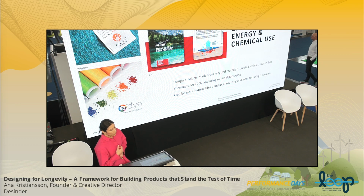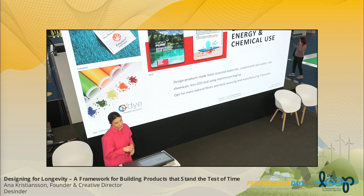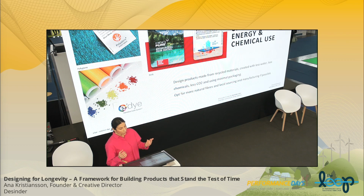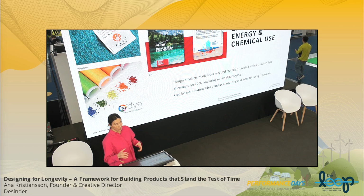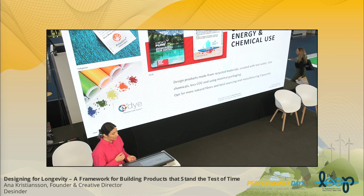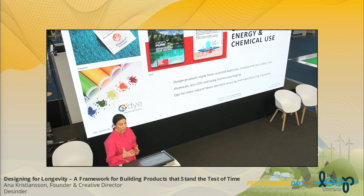Design for minimal water, energy, and chemical use. And here we're talking about trying to, first of all, wash products less if that's possible, but also, of course, in the pre-phase of a person using the product. So we're looking at recycled materials created, of course, with less water, less chemicals, less CO2, using minimal packaging, because packaging is also something that's hugely important here,